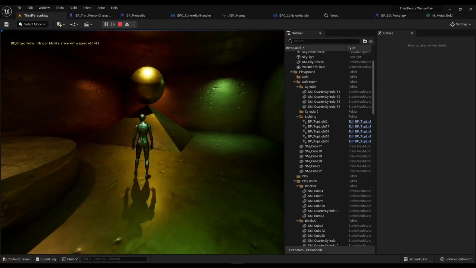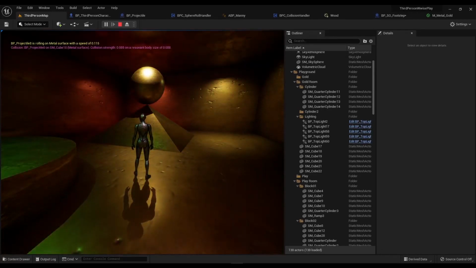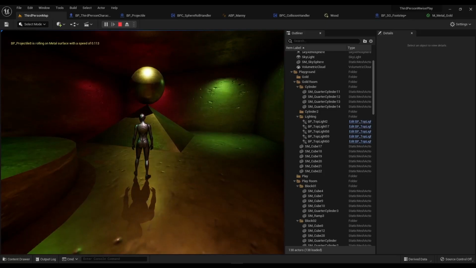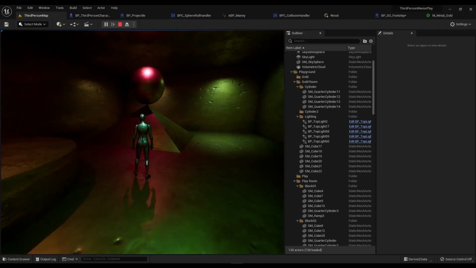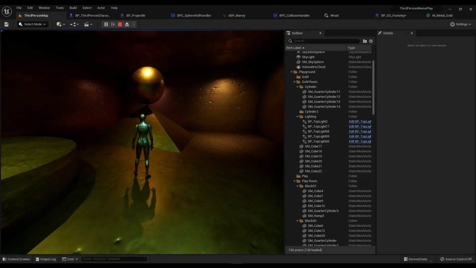This gold ball is a static mesh component, so it's not a blueprint, so it doesn't have anything by itself, but I've added the sphere roll and the collision component to it, which basically means that it can handle collision sounds. So if I just knock it off,